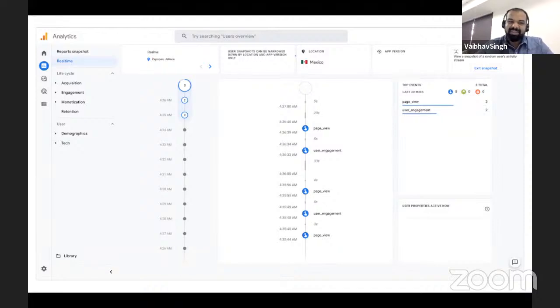on my website. For example, this user is a real-time user, which is from this particular place. The location is around this geographical area, let's say, in this case, Mexico. And there's a timeline of events, that at 4:36:40, my page view has been registered. After a few seconds, the user engagement happened. So when we see user engagement, it could be a scroll, or it could be another event which we have captured over there. Then again, the page view happened at 4:35. Then a scroll happened. Then the next page view happened.